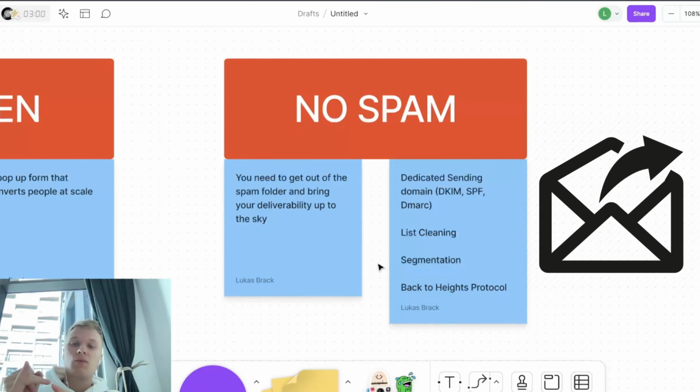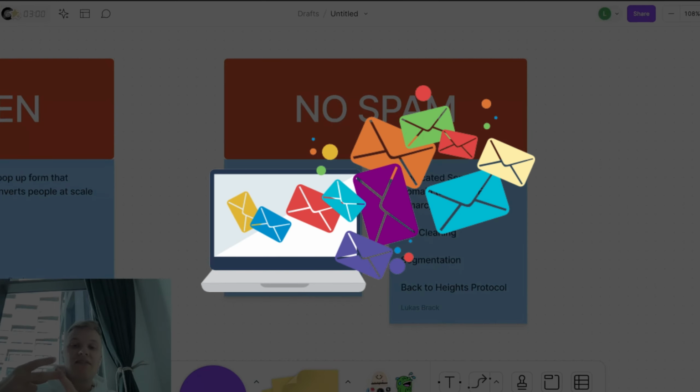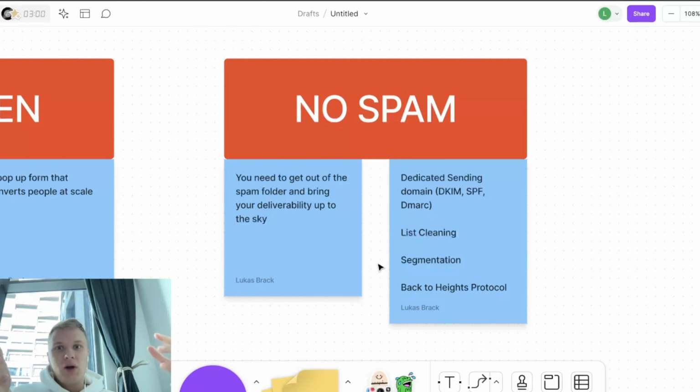What you want is someone opens your email, someone clicks through, someone replies, someone marks your emails as important, stuff like that. So we do not want to send to people that are most likely getting bounced, marking the email as spam, or most likely not opening. What we do is create 3 dedicated segments that we are not sending to. The first one is people who received a set number of emails, for example 15, but never opened a single one. 15 emails received, 0 emails opened. Will they open the 16th? Probably not.